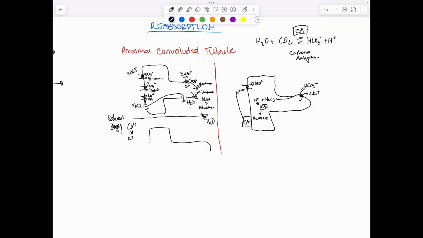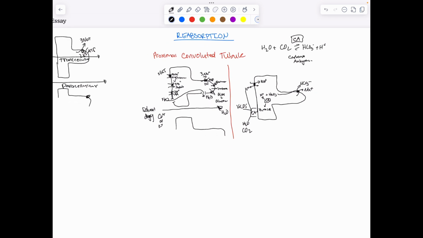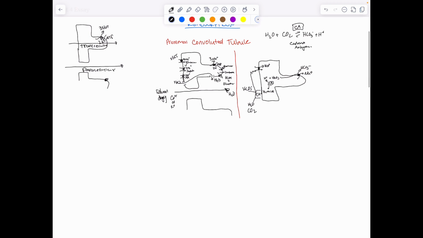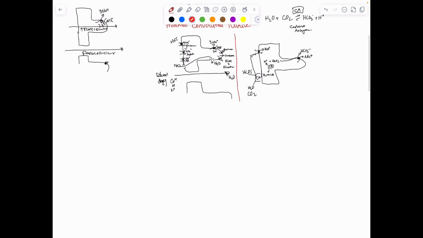This is going to come to this carbonic anhydrase. We're going to get HCO3, and then our water and carbon dioxide. So that proximal convoluted tubule makes up most of our reabsorption, but we also have